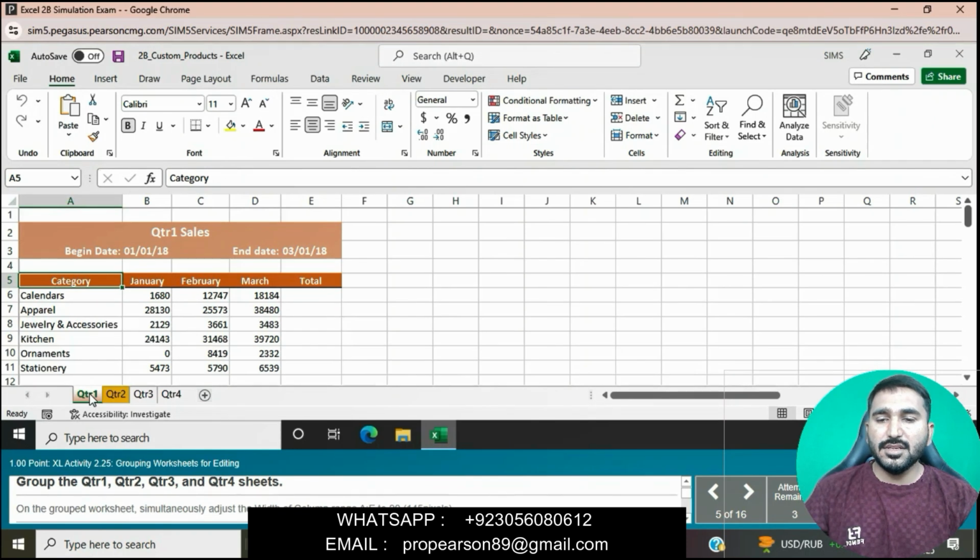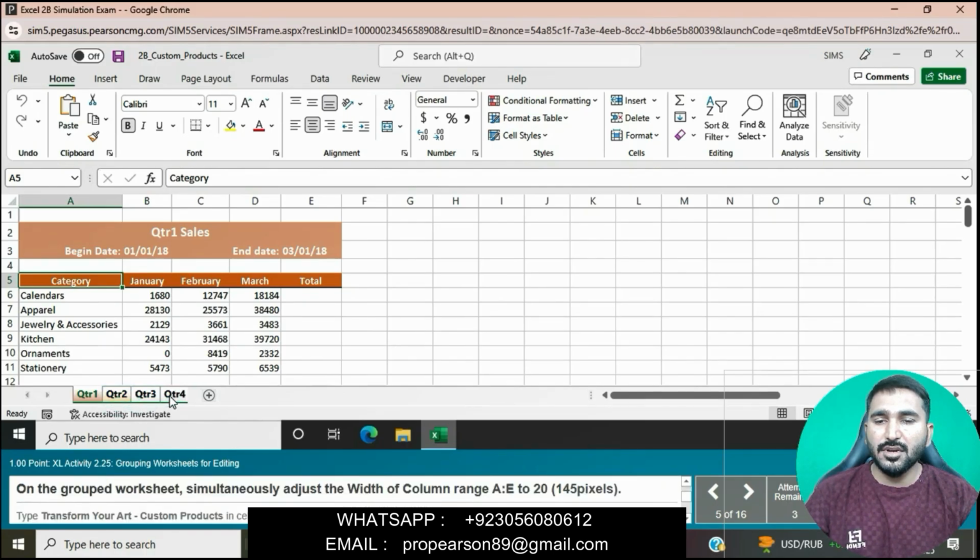The next question is that group the QTR1, QTR2, QTR3 and QTR4 sheets. Simply click on the QTR1 worksheet and then press the Shift button and select the next worksheets. Click on QTR2, QTR3 and QTR4. On the grouped worksheets, simultaneously adjust the width of columns A to E to 20.